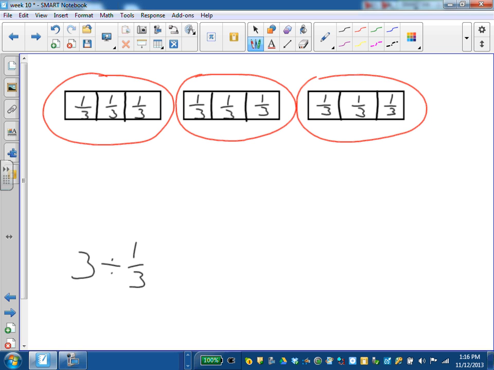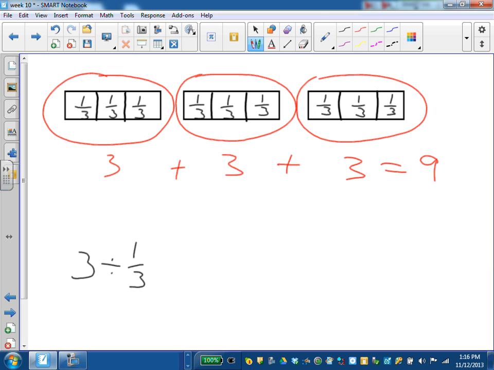And so the question is, if I divide the number 3 into thirds, how many thirds would I get out of those 3 things? So here I can just count up. I've got 3/3 here. I've got another 3/3 here, and another 3/3 here. So if I divide 3 by 1/3, I'm going to end up with